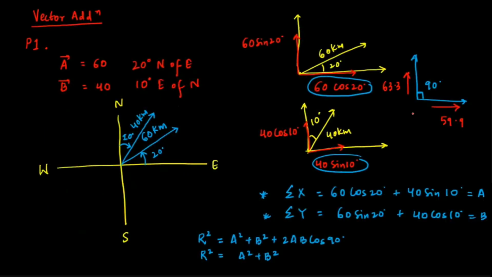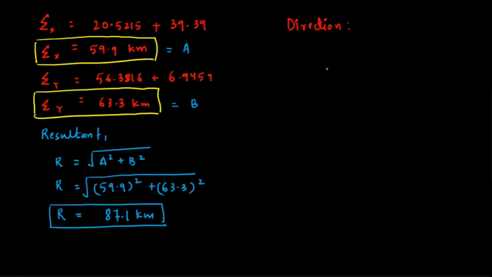Now, the resultant of these two vectors must lie between them. And how can we find this resultant's direction? By simply finding this angle theta. So how can we find this angle theta? Again, using trigonometry. Trigonometry gives us that this can be found using tan theta, and tan theta is going to be